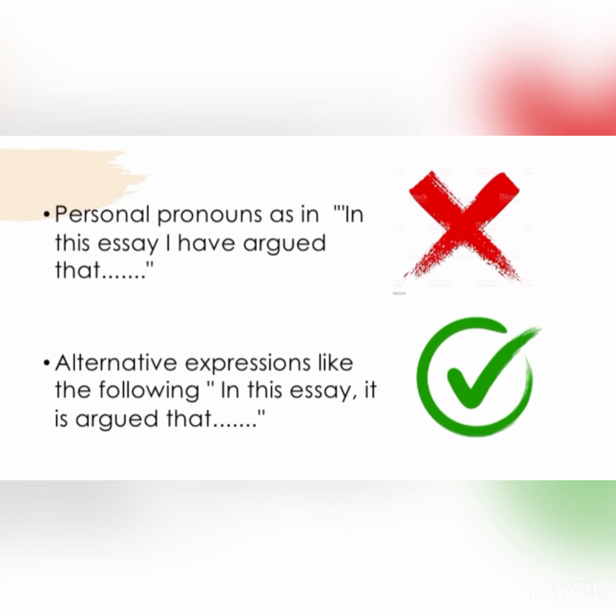Another example is "From the evidence we can perceive some visible changes in the functioning of special schools." Here I have used the personal pronoun "we can perceive." We can write it like this: "From the evidence, some visible changes can be noted in the functioning of special schools." So in the first example, I have written it using the personal pronoun "we," and in the alternative expression, I have changed it. So instead of using personal pronouns, we can use alternative expressions.